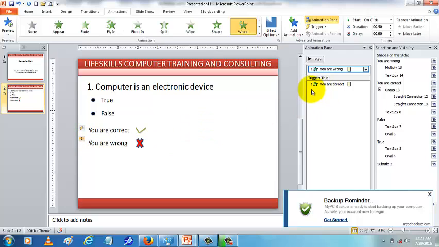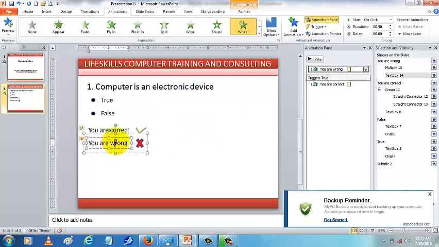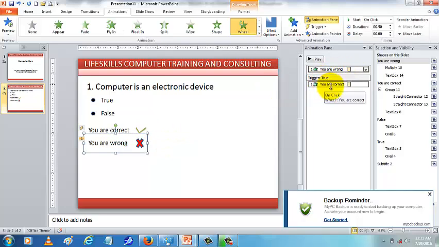If I want to apply a trigger, I will click on it, especially the outer rectangle there, because this is a group of two objects. So when I click on it, it will be selected. You see, we have two, "You are correct" and "You are wrong," but you can see a gray rectangle around this one. It means that is the current object you are selecting under animation.